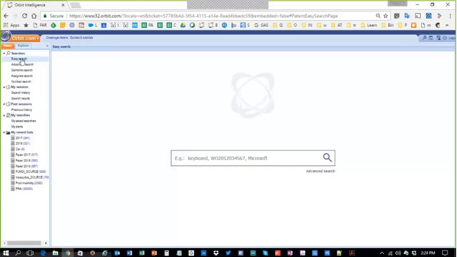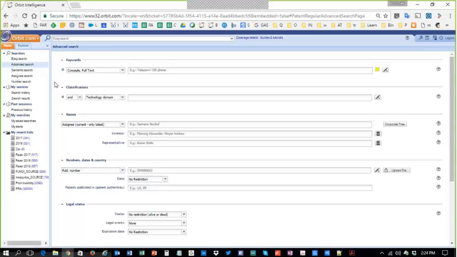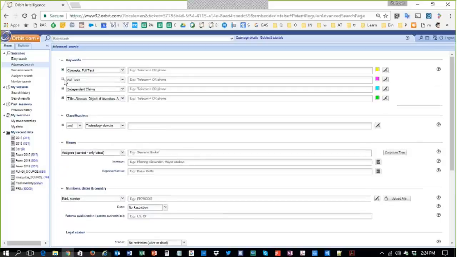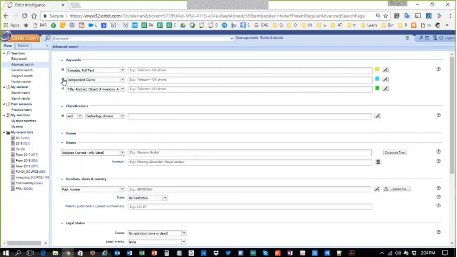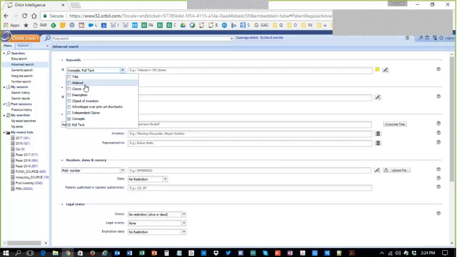We will be brief. In easy search, you can put in something, okay, a client comes to you saying I want to know about mobile technology having a pressure indicator. I don't know about the technology, but I can put it in, get manageable patent records, view them, and create my search query. In advanced search, if you click on advanced search, you have keyword search. You can click the plus icon and get more boxes. And you can choose from here. I want to search in title. I want to search,